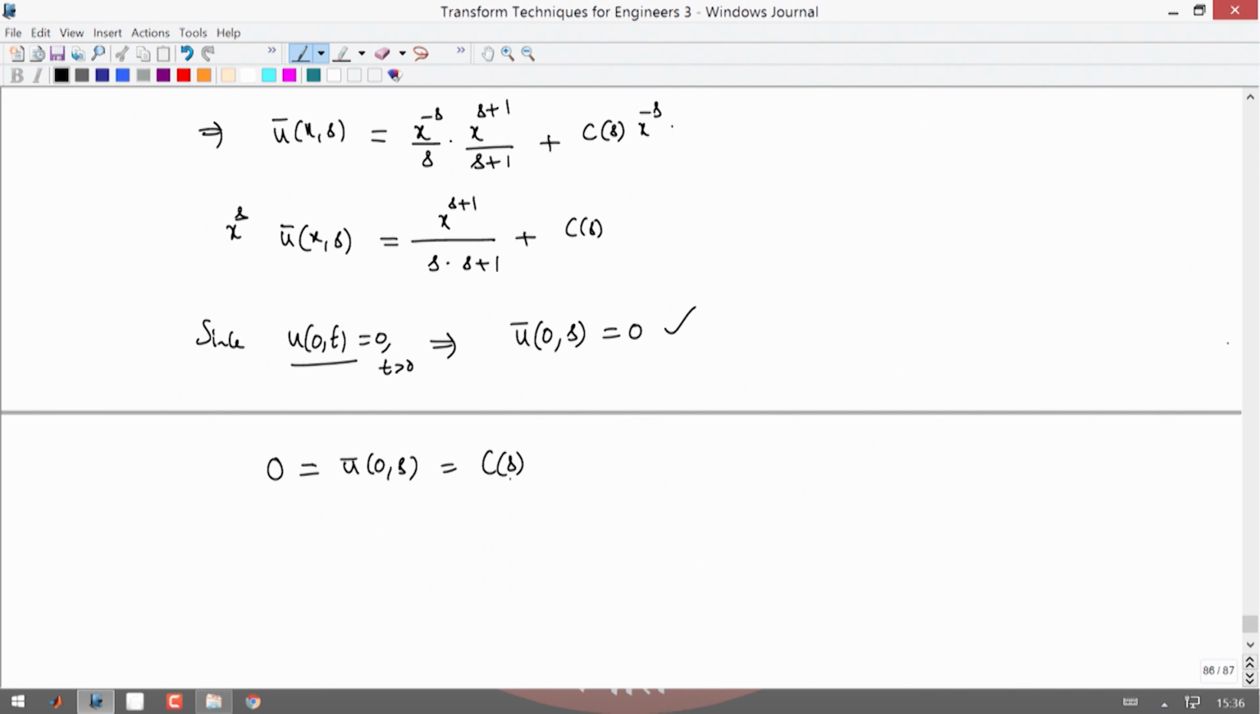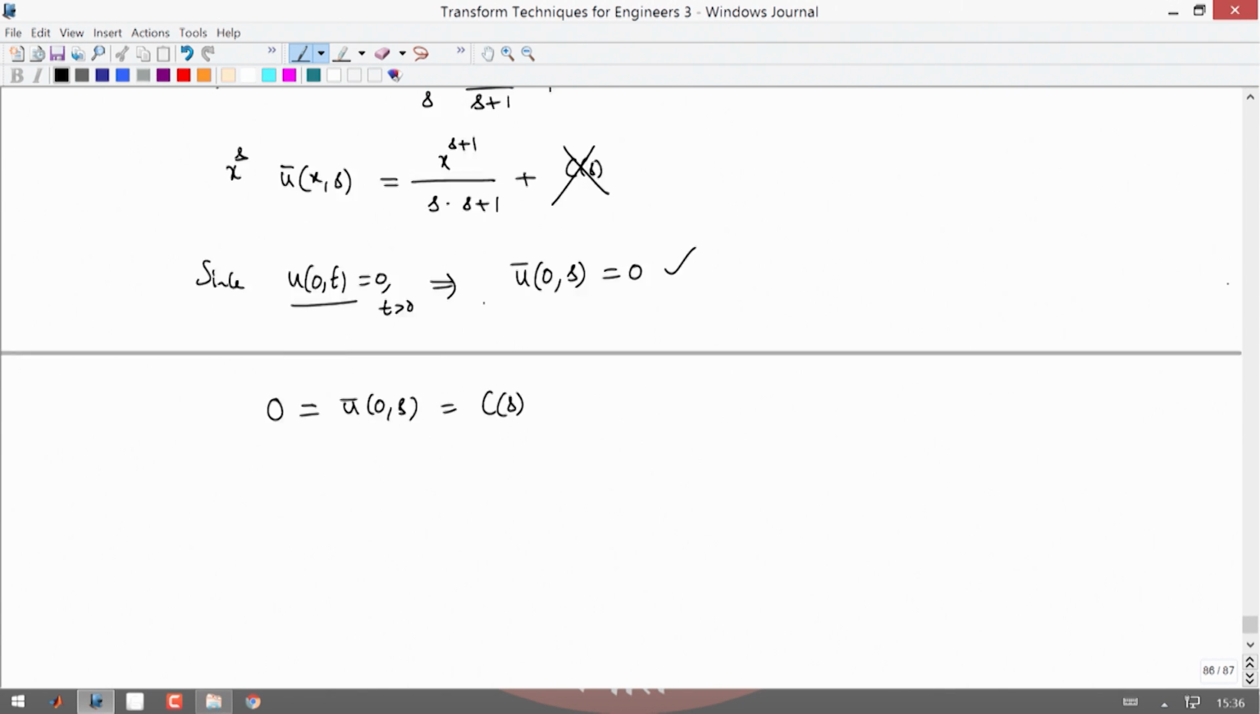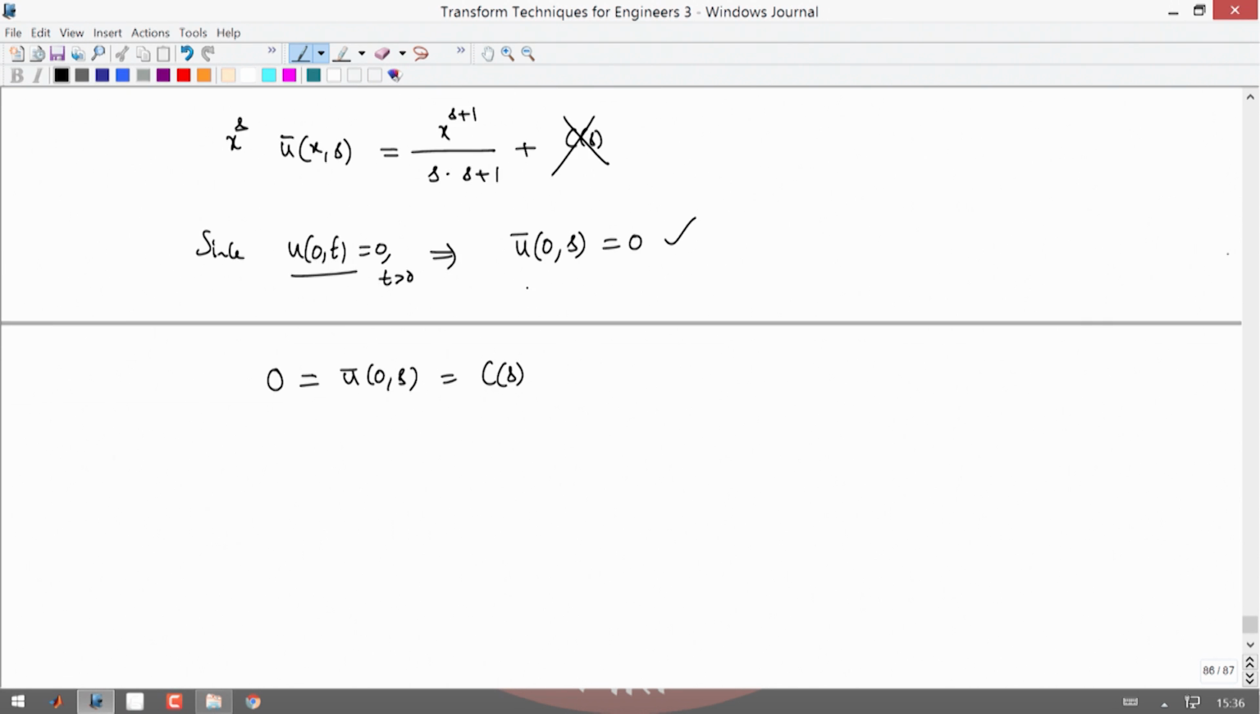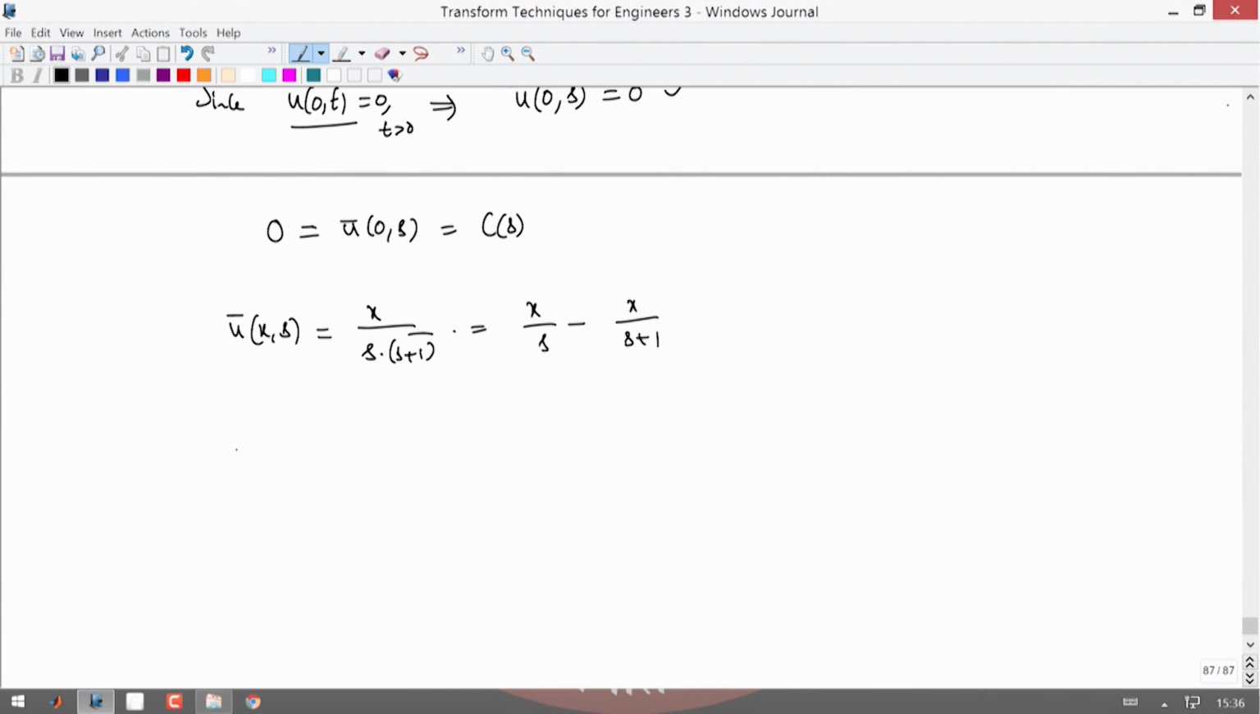Here you apply x equal to 0, so that Cs is simply 0. So, Cs is 0, that makes it 0. So, what you end up with is u bar of x s is x divided by s into s plus 1. So, this is nothing but x by s minus x by s plus 1. So, you can now invert; inversion of the Laplace transform gives u at x t,